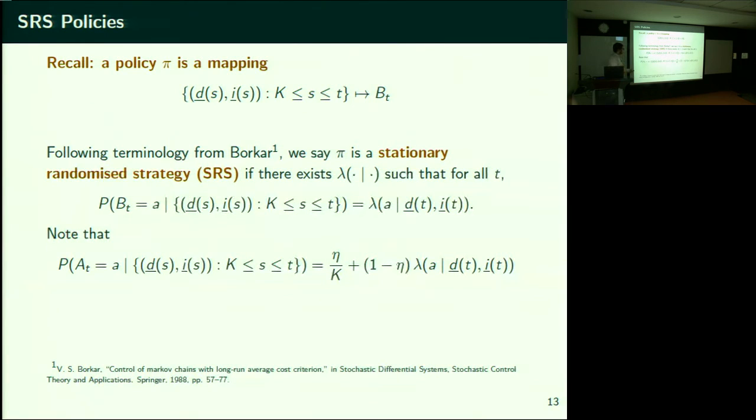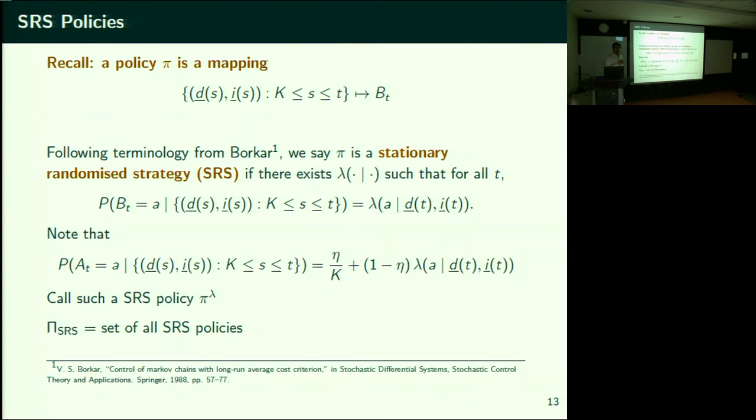With a trembling hand, what gets selected at the end is according to this distribution. With probability 1 minus eta, yes, according to the distribution you intended to select, it will get selected. But with probability eta, a uniformly randomly chosen arm gets sampled. So this is a trembled version of what you intended to select. Whatever is the SRS policy like this, I'm going to call it pi lambda. The question is, is trembling built into your formulation?